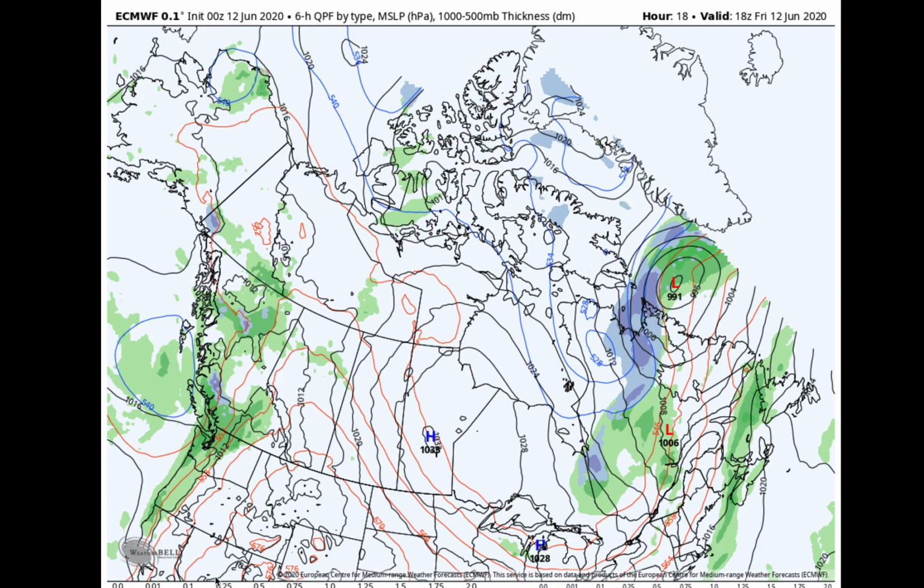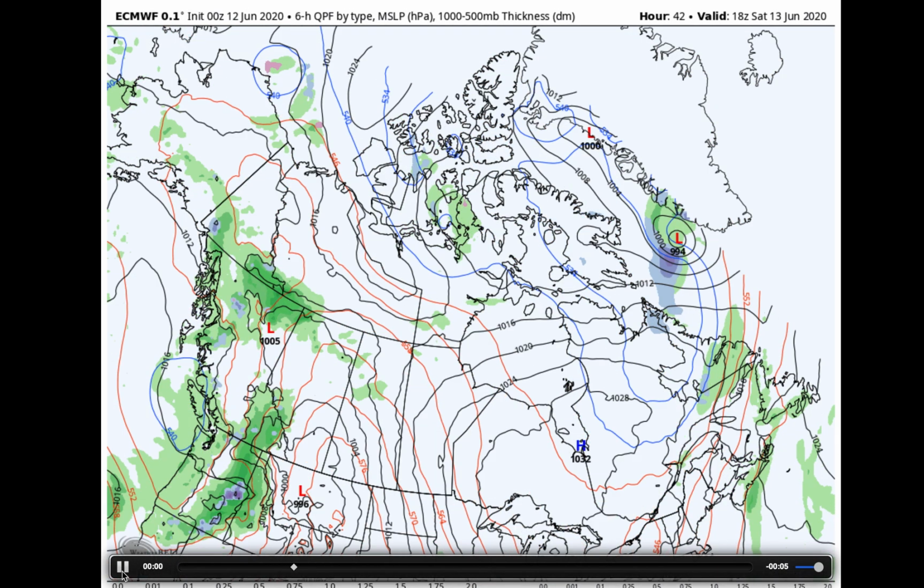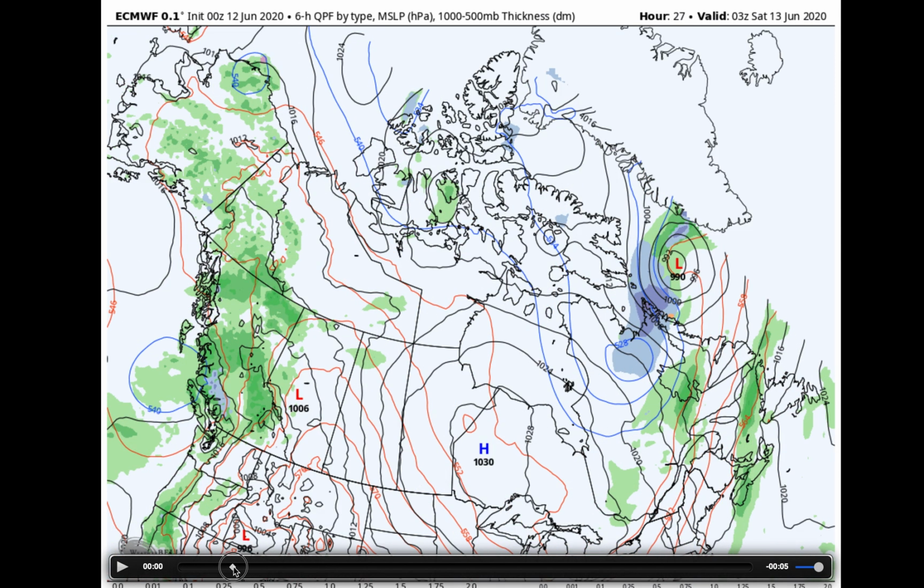Accompanying that, of course, is the transition from drier to wetter across the region. So we're a bit dry now. High pressure across the eastern half of the prairie, with that trough beginning to emerge across the Pacific coast here. So we're drier in the west, wetter in the...